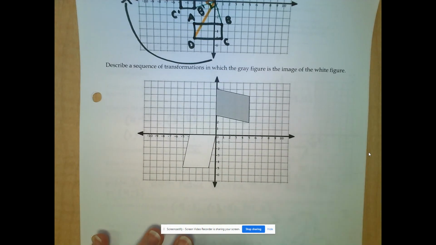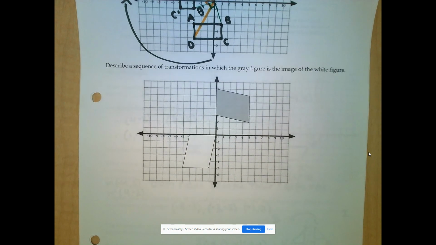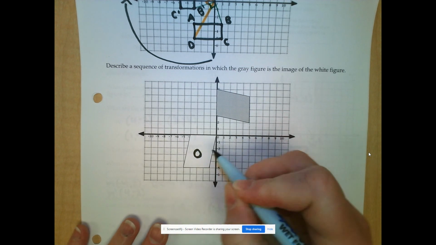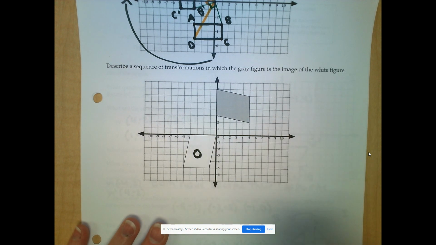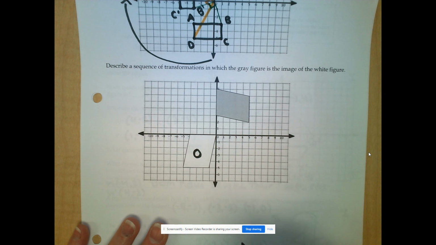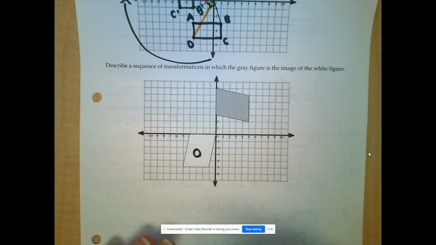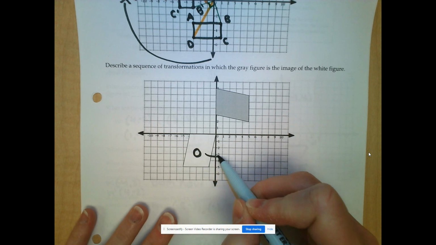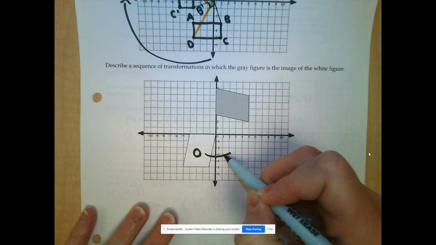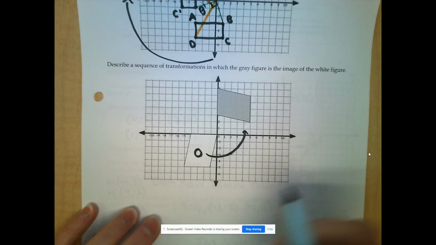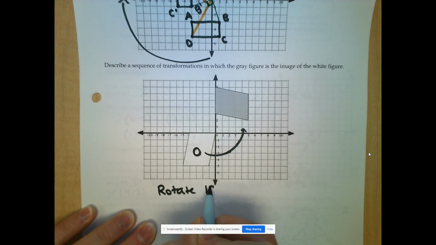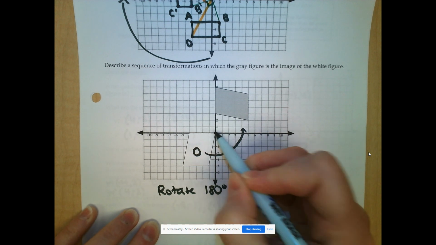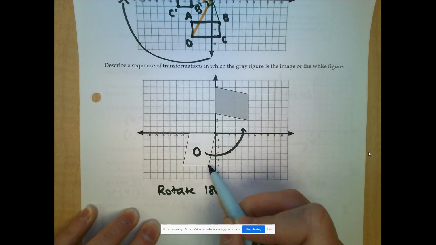Last is kind of a tricky one. It says, describe a sequence of transformations in which the gray figure is the image of the white figure. So we're saying that the white figure is the original, and we want to know how to get to the gray figure. So I'm going to start by doing the rotation first. I always do the rotation first because then I can do a very simple slide or shift after that. So if I rotate it 90 degrees, I only end up in quadrant 4. So I want to rotate it a full 180 degrees. So I'm going to rotate 180 degrees, which is going to put me left 1, down 5,